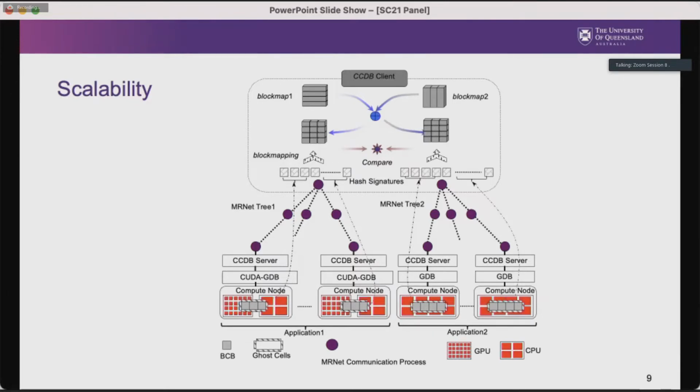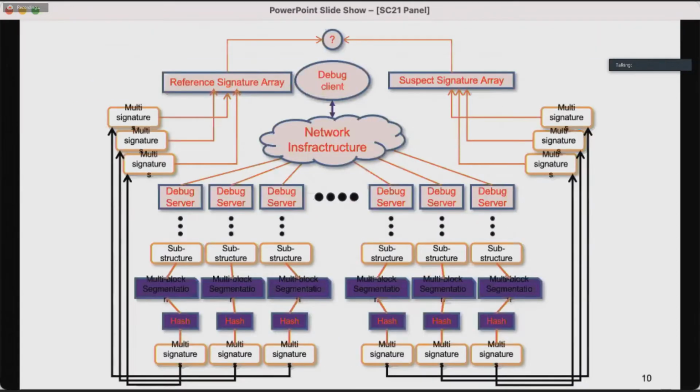So if the debugger is saying things like, this data structure should equal that data structure, then you can decompose that and do the comparison in parallel across the machine, and then just filter the results back up through a reduction tree, rather than trying to take the whole state, which has been decomposed onto hundreds of thousands of cores. There's no way you can put all of that state in one place. So you start to do a lot of things around how you build it, how you scale out the debugger itself, but in the limit we find that the debugger itself is running on the parallel machine. So whilst it's stopped, not running the code, you're able to use those cores to in fact do compute.